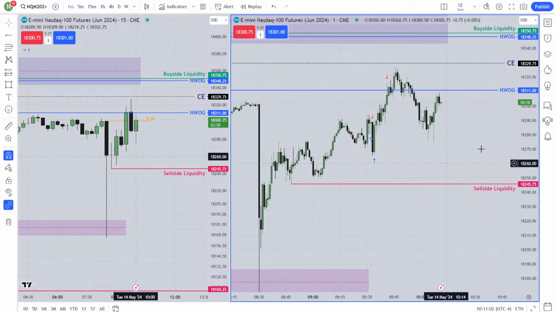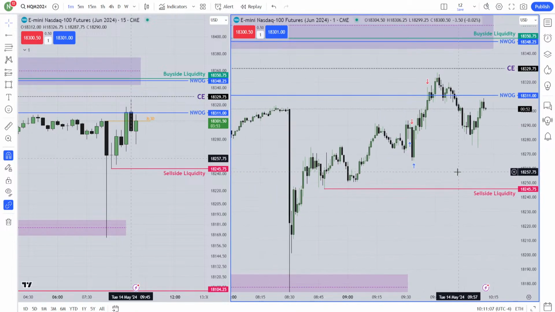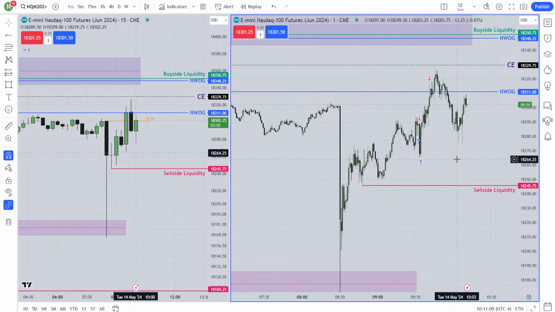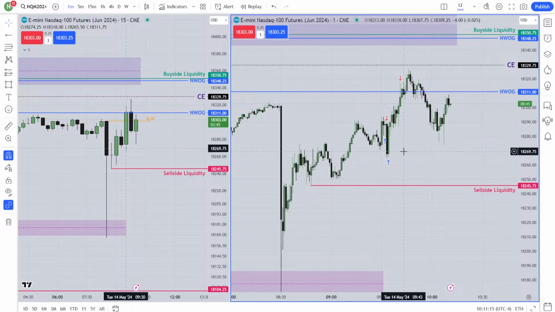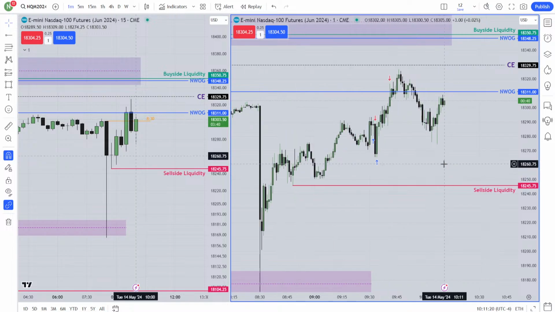What can I do? Can I push my button? Can you push your button? Look over here. Can you push your button over there, brother? Do you have the braveness or the courage? Push your button around that area. I don't have. Till now, I don't have any high time frame fair value gap. I don't have any lower time frame fair value gap. I don't have any clean sell-side liquidity taken, market structure shift, fair value gap, or any setup. I have nothing at all. I'm afraid to push my button.